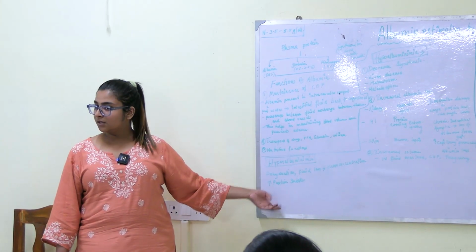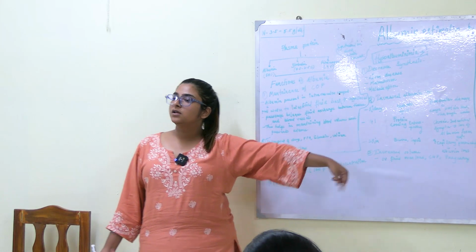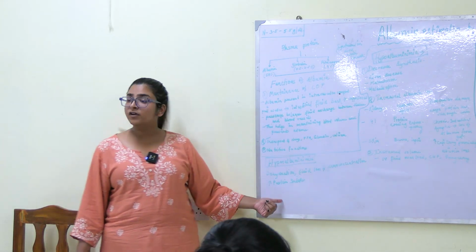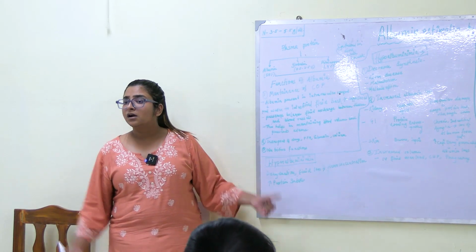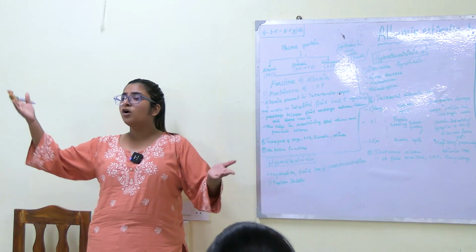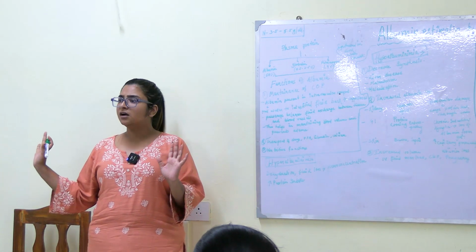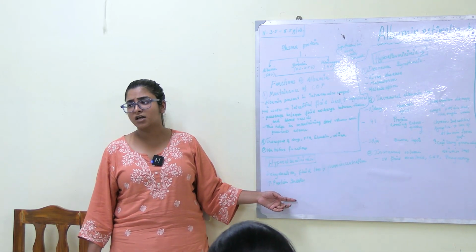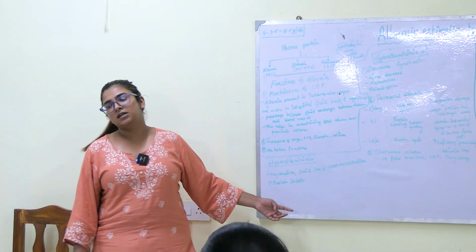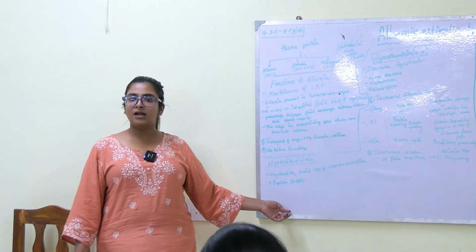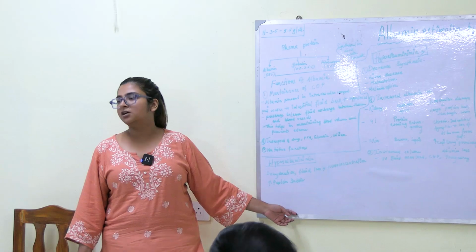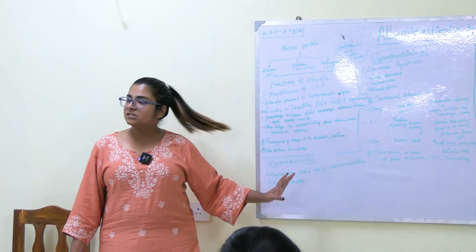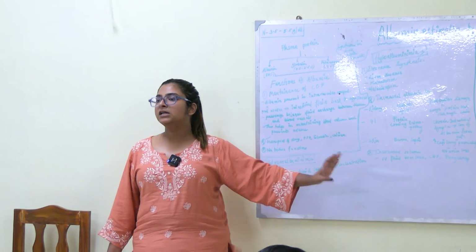Less fluid. Here it was more fluid, which was causing hypo. Here it is less fluid, which is causing hyper. What is happening over here? Hemoconcentration is happening, less fluid compared to albumin. Clear? Okay. It is not a pathological condition that you should care about, but you should know the reason. Because of hemoconcentration, there can be hyperalbuminemia in cases of dehydration or less fluid in our body. All right, so this is the estimation of albumin with the clinical portion in a nutshell.